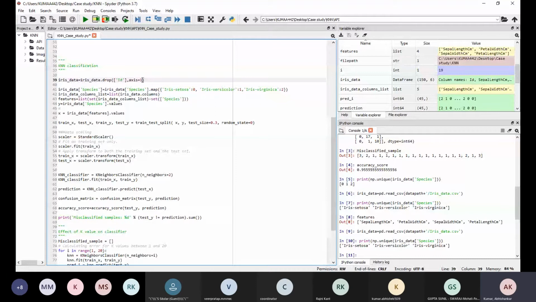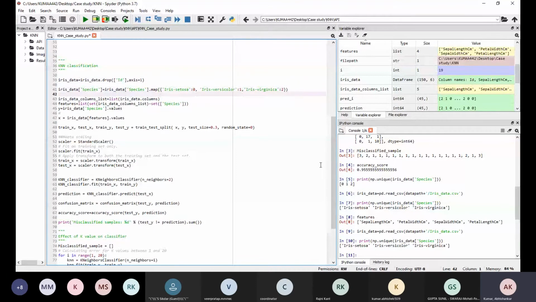Okay. So next, you have to change Iris setosa, versicolor and virginica into numeric. We map this column called species: whatever is Iris setosa you map with 0, Iris versicolor map with 1, and Iris virginica you map with 2. Another way to do it, you can also use the replace command. You can write it out.